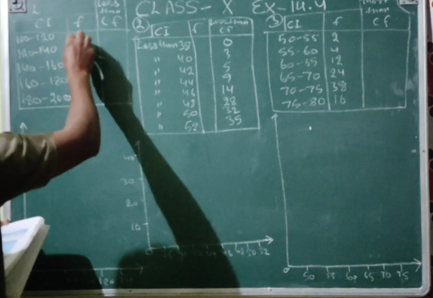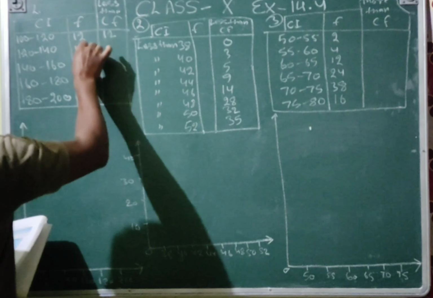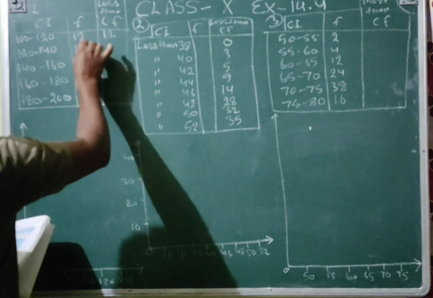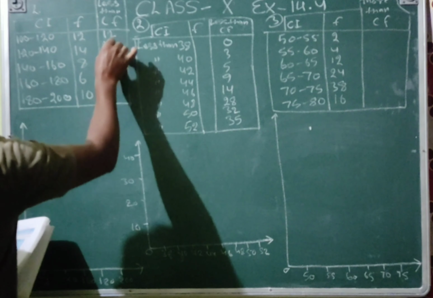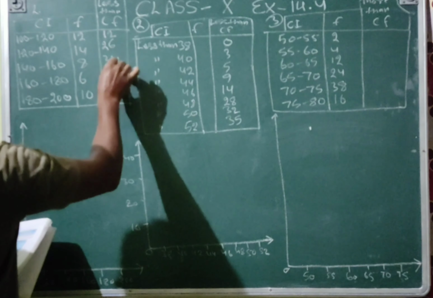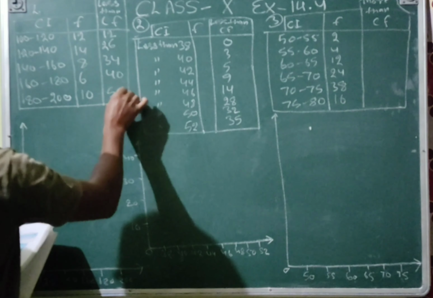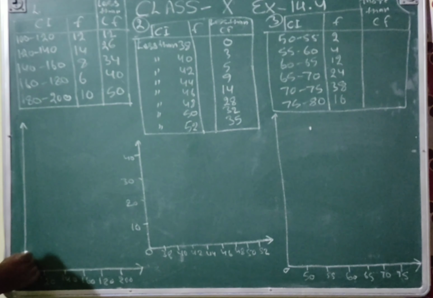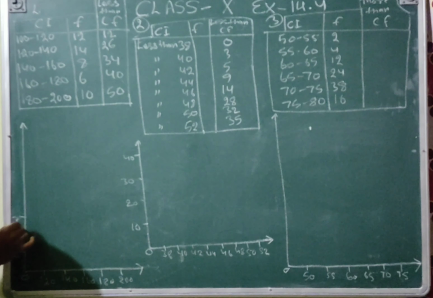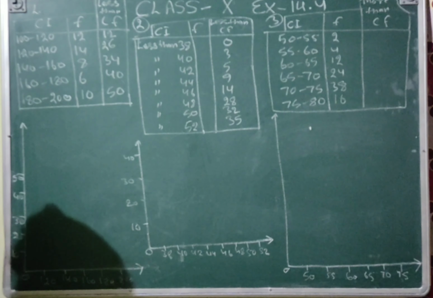Less than CF means, you know, the simple CF from the previous exercise, that is 12, 12 plus 14, that is 26, and then 8, that will be 34, this is 40, and this is 50. So we will write here CF: 10, 20, 30, 40, 50, and then